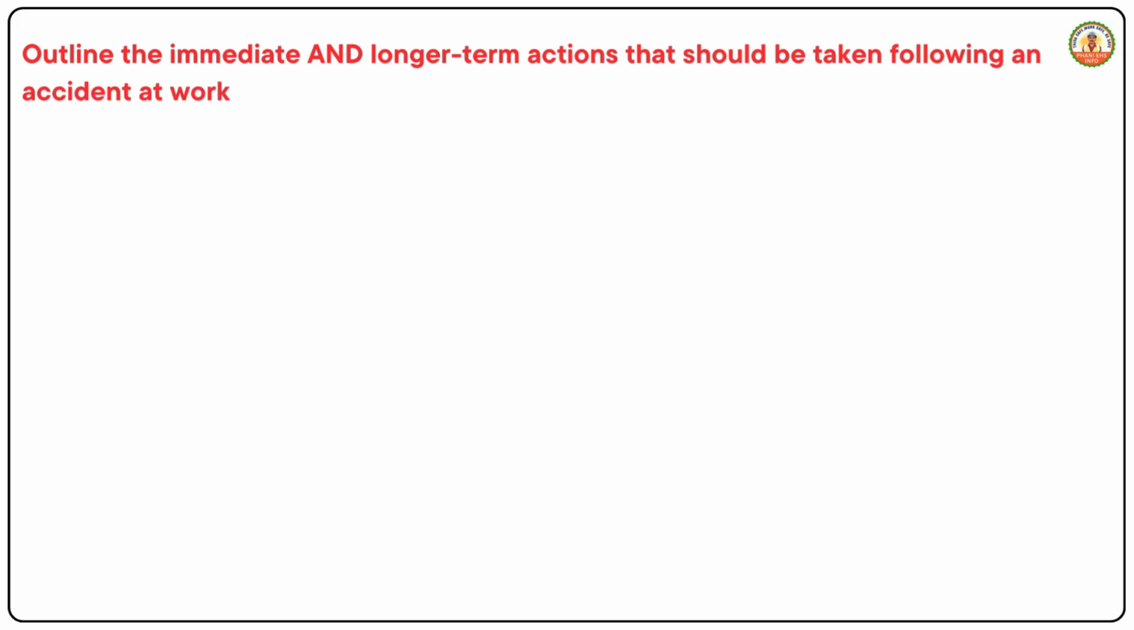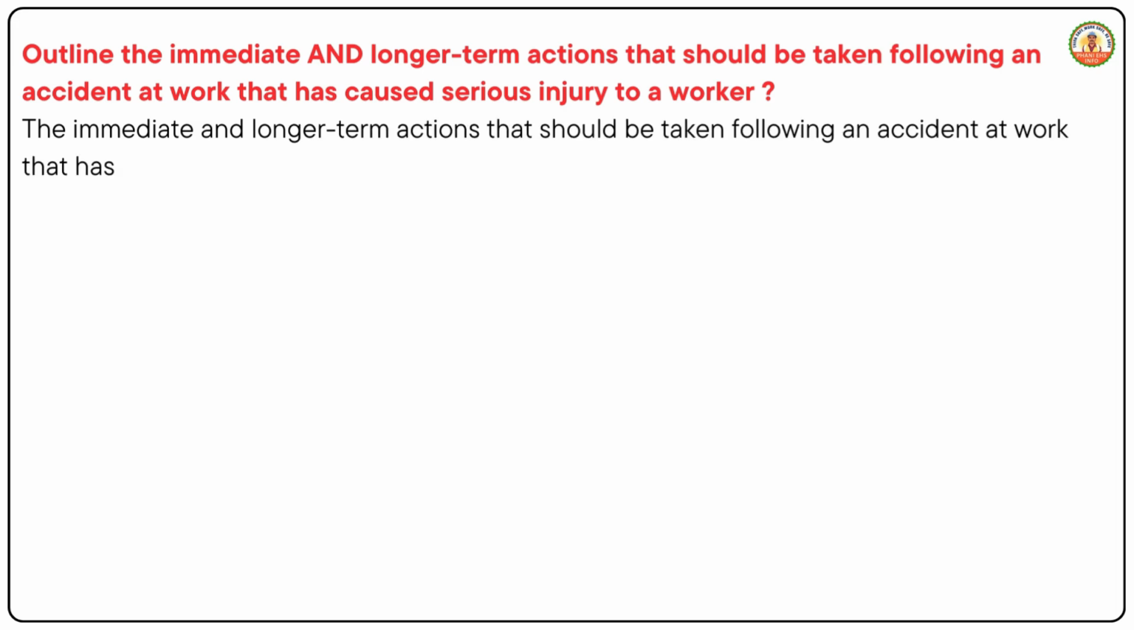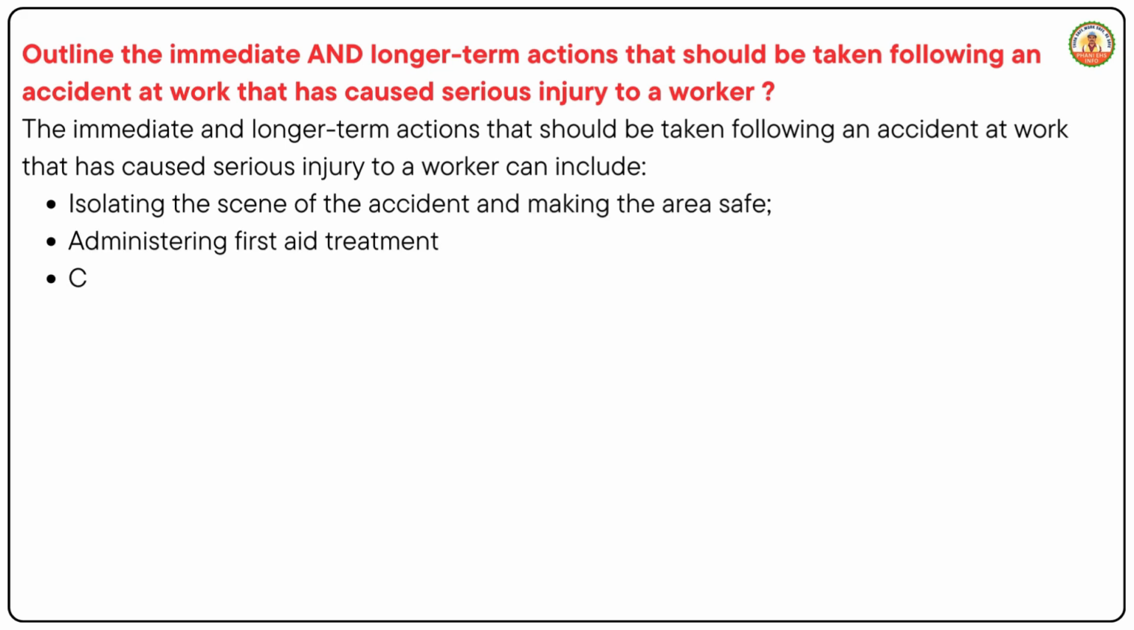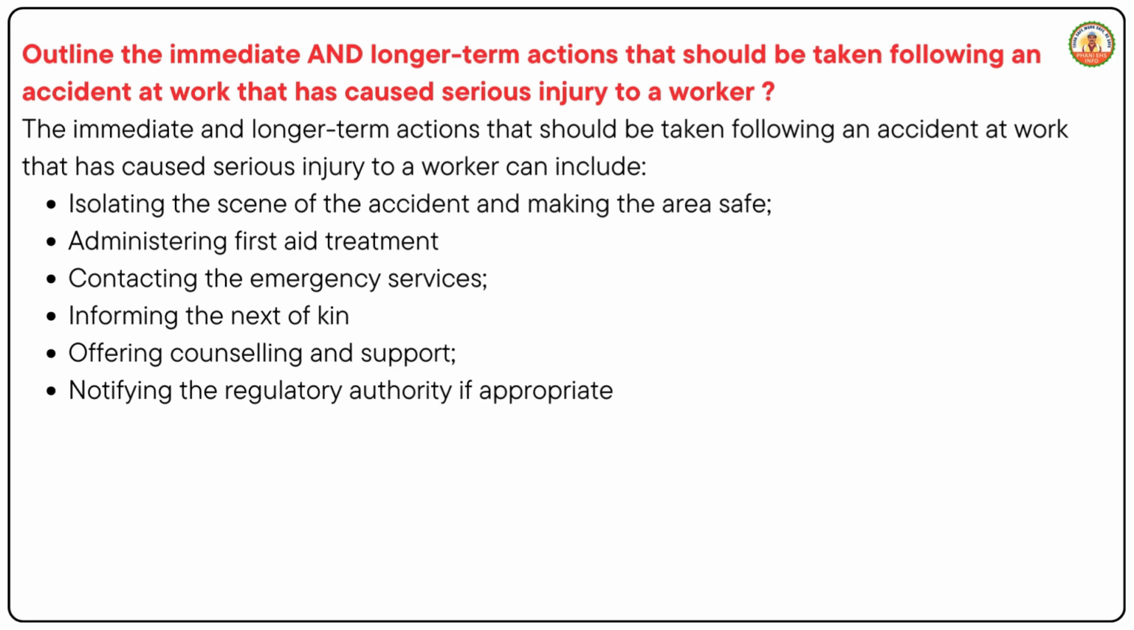Outline the immediate and longer-term actions that should be taken following an accident at work that has caused serious injury to a worker. The immediate and longer-term actions that should be taken following an accident at work that has caused serious injury to a worker can include isolating the scene of the accident and making the area safe, administering first aid treatment, contacting the emergency services, informing the next of kin, offering counseling and support, notifying the regulatory authority if